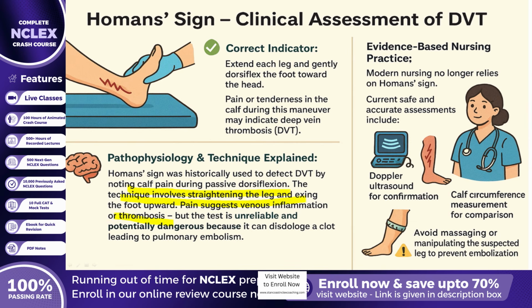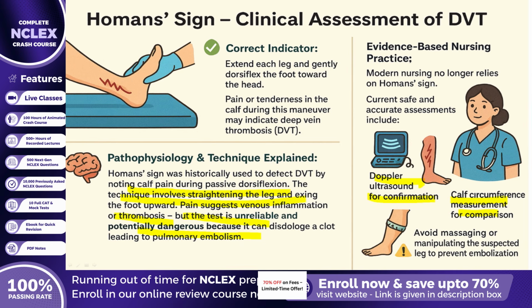However, it is important to note that this test has become outdated and unreliable due to its low diagnostic accuracy and the potential risk of dislodging a thrombus, which could cause a life-threatening pulmonary embolism. In current evidence-based nursing practice, Hohmann's sign has been replaced by more accurate and safer assessment methods. Nurses now rely on Doppler ultrasound studies, measurement of calf circumference, and clinical observations such as unilateral leg swelling, warmth,